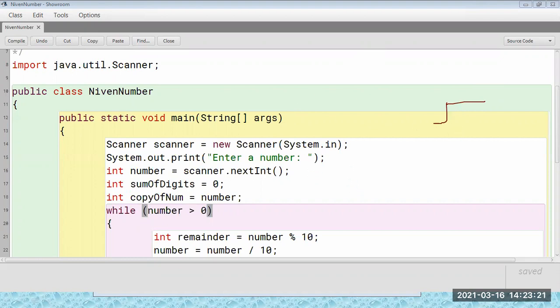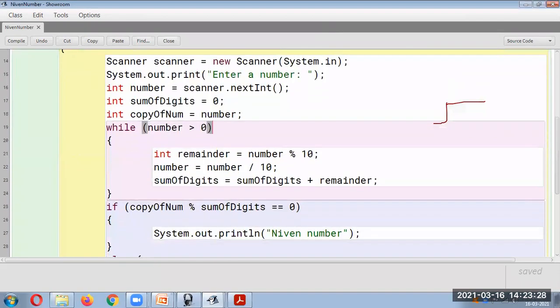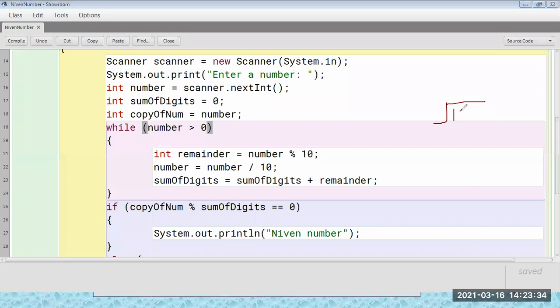So we will take the number. Let's assume the number is 126. Okay, if you divide by 10, this is just for finding the individual digits. As we know, if you take the remainder, what will happen?